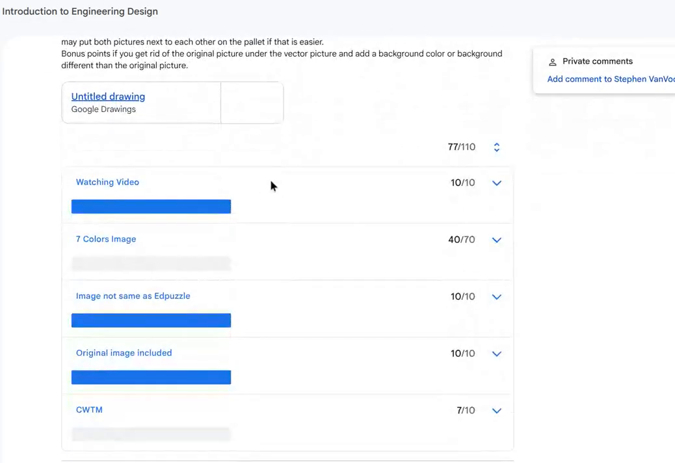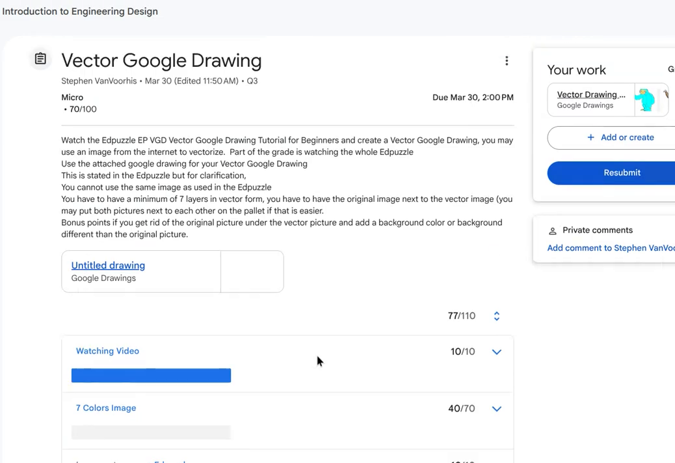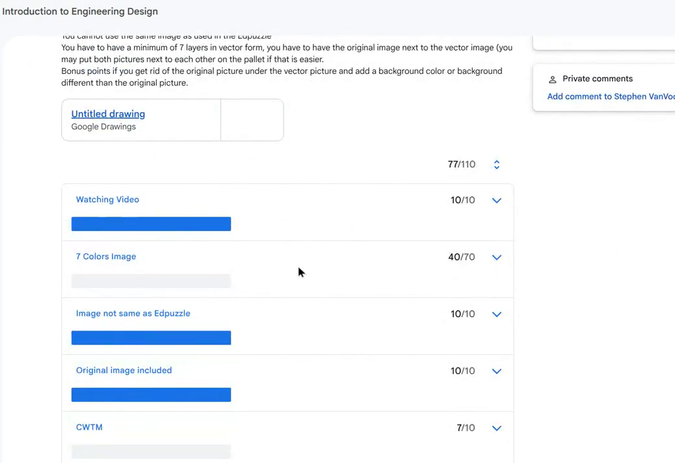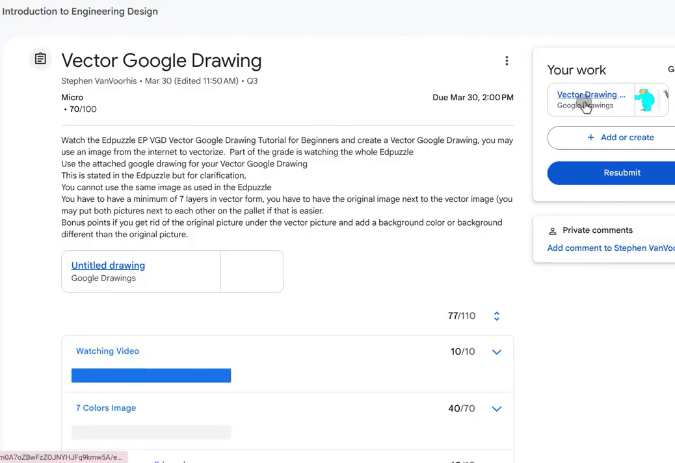So for this, they had to watch an Edpuzzle, and I actually embedded the Edpuzzle into this. Their vector drawing has to have 7 colors. The image can't be the same as the Edpuzzle, and their original image has to be included. So they're supposed to have 7 colors. And on this,